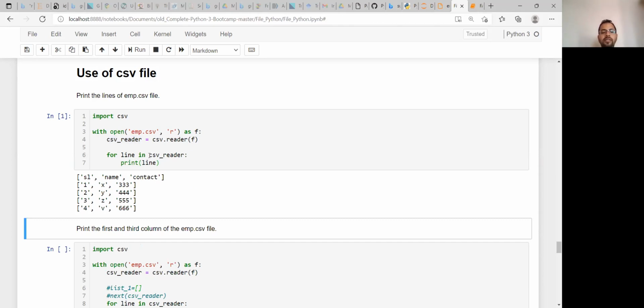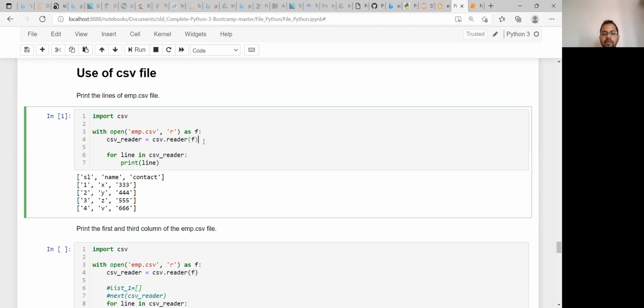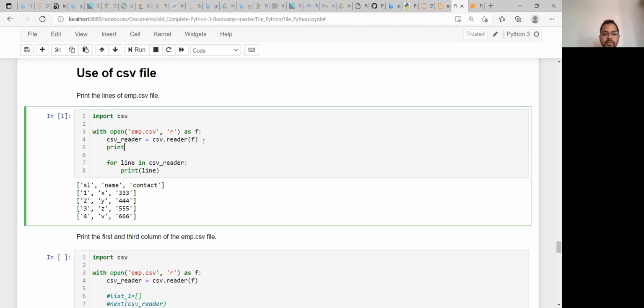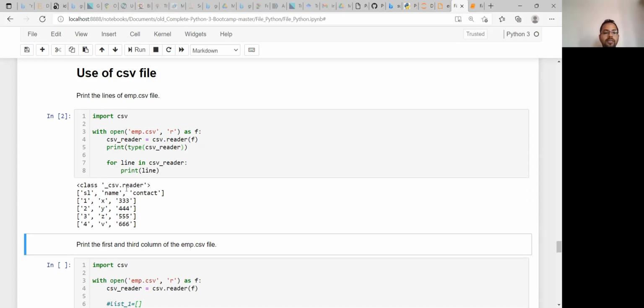If we print the type of csv_reader, you can see it is a class named csv.reader, and from that it prints each line.